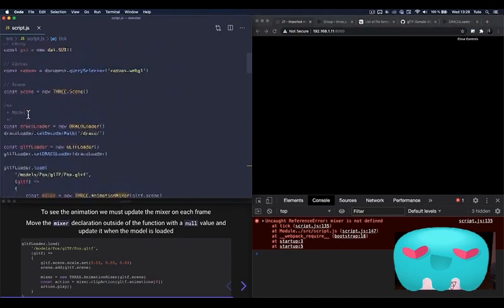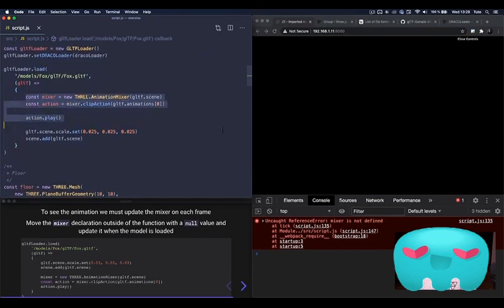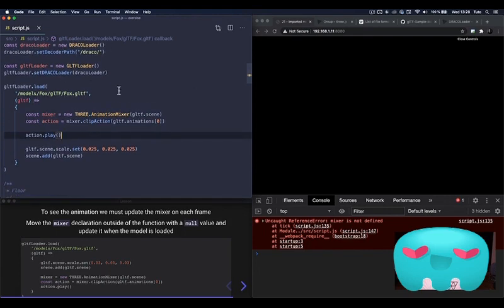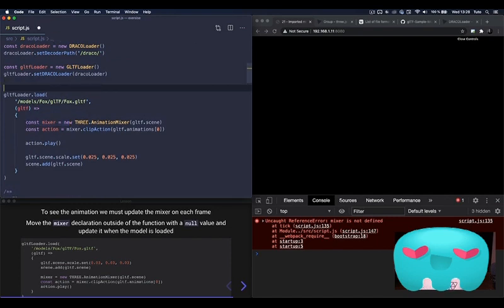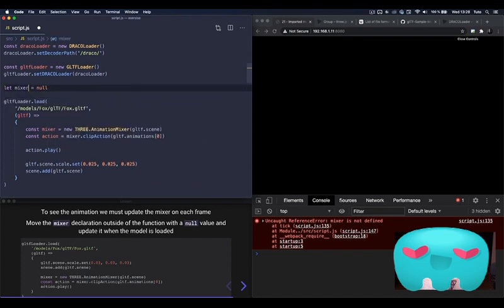Why? Well, because we created our mixer inside the function. This is a JavaScript scope issue. To fix that, it has nothing to do with Three.js. It's just because we created a variable inside of a function, you cannot access this variable outside of the function. It's how JavaScript works. It's called scope. What you can do is create it outside by using a let, because you are going to change it, and do let mixer equal nothing. And I prefer to say equal null, so it's clear in my head, but you can do also that. It's going to be the same result, but I like to put it this way so it doesn't look like I forgot something. So let mixer equal null,